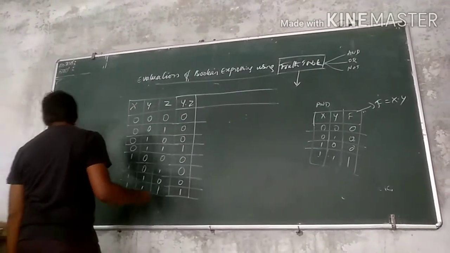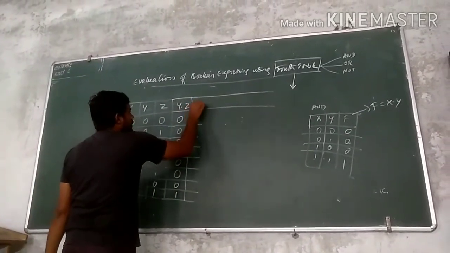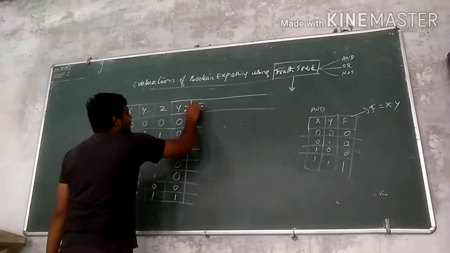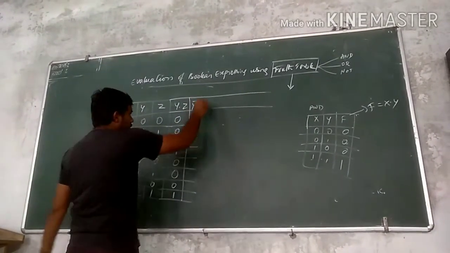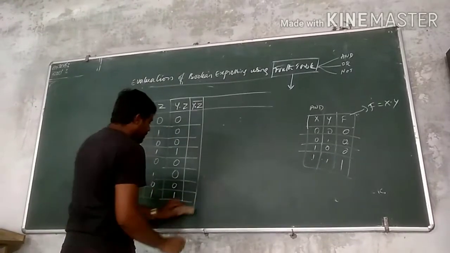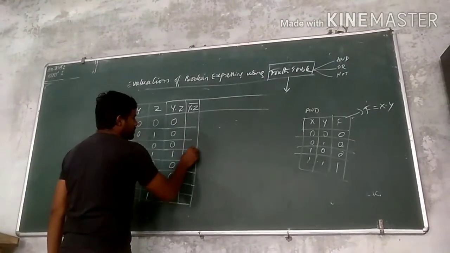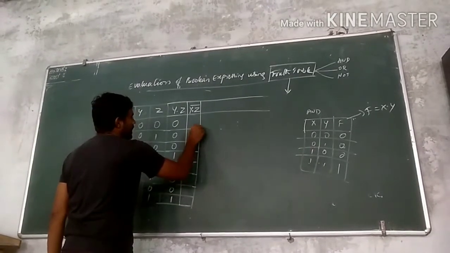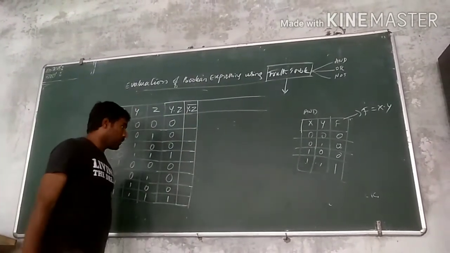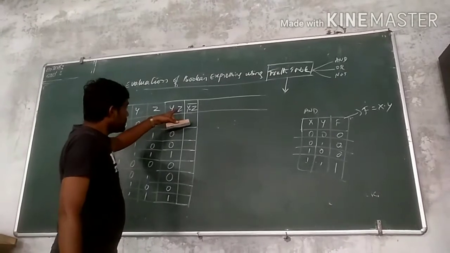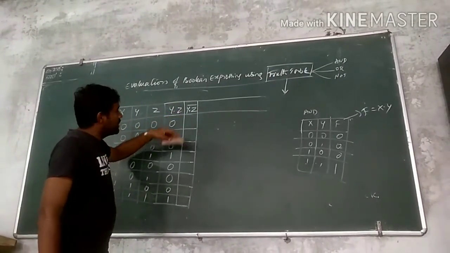Next, supposing that we are using y dot, that is y dot complement. So what is the complement here? Complement is nothing but not. Wherever we have a 0 that should return as a 1, and wherever we have a 1 that should return as a 0. Sometimes we also call it negation.